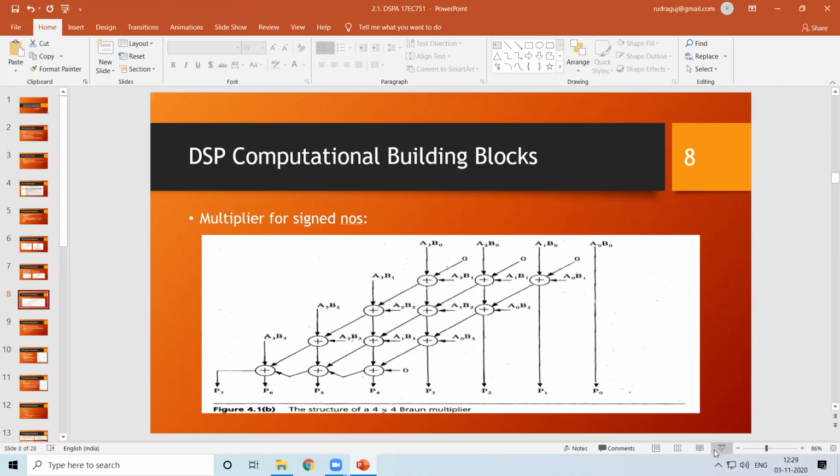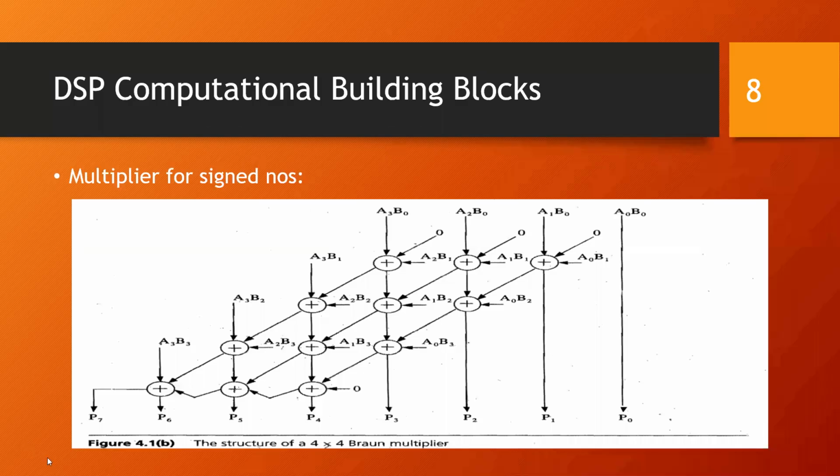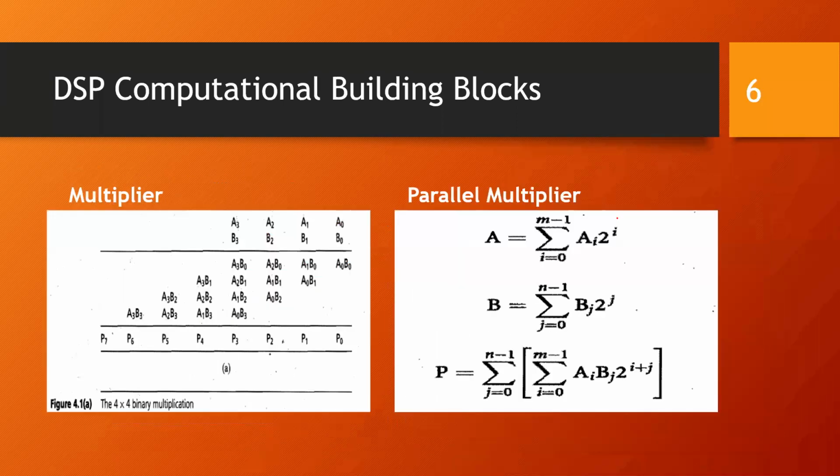Here, one thing I just wanted to mention: yesterday I missed out that part. Now here we can see, say, the first one, A naught B naught. If I come back to this equation, you can see that no matter what numbers are there and how many bits are there, this operation remains the same.